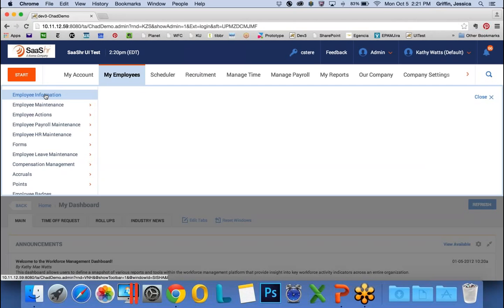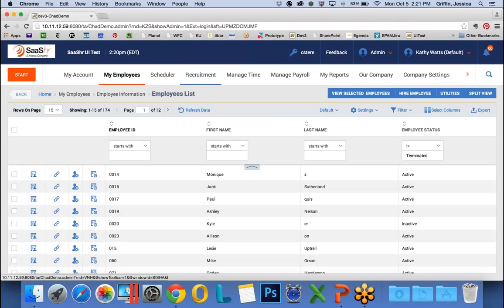I'll just jump into the employee information page. So this is Kathy Watt's set of employees. This is the redesigned framework which exists on all reports. Pretty much the same, whether it's a set of timesheet reports, a set of payroll reports, HR, all have this same framework. So a couple of things to point out on this page is